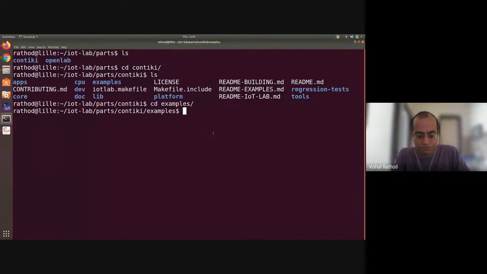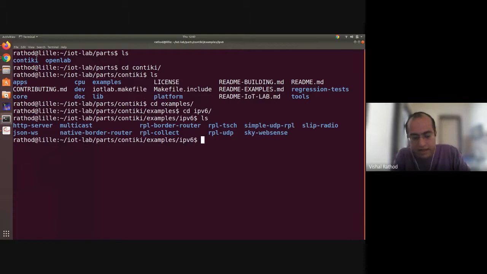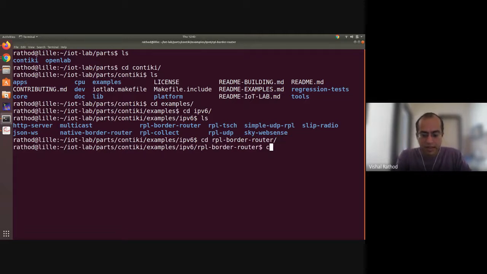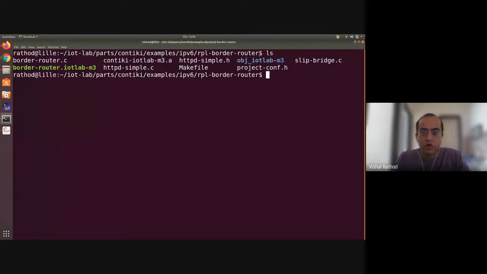So go to the examples, then IPv6, then you see RPL border router is there. RPL is a routing protocol for low power and lossy networks. It is one of the routing protocols used in IoT, whichever application layer protocol you are using, but routing is done through RPL. So RPL border router, and here you can see that one code is there, border-router.c. I cannot explain border-router.c in detail, but I will remove that binary file so you can understand how